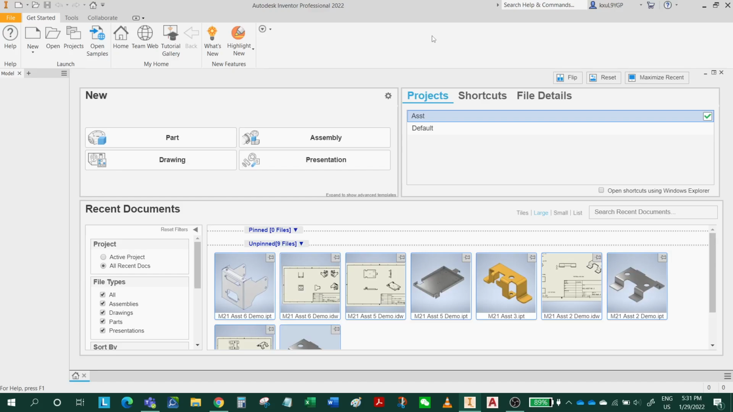Today, I'm going to show you how to do your assignment number 1 of Module 22. First, let's create a project folder. So follow the instructions. We're going to start from the first one. So first, I'm going to create a folder